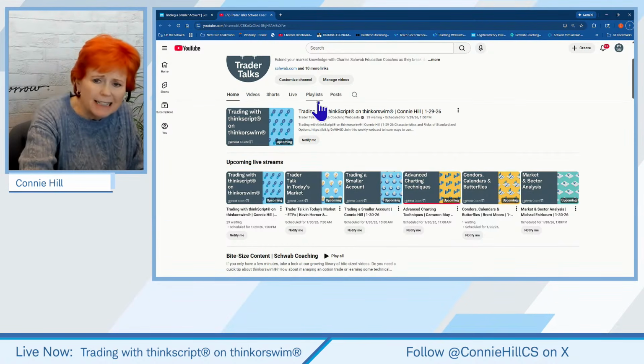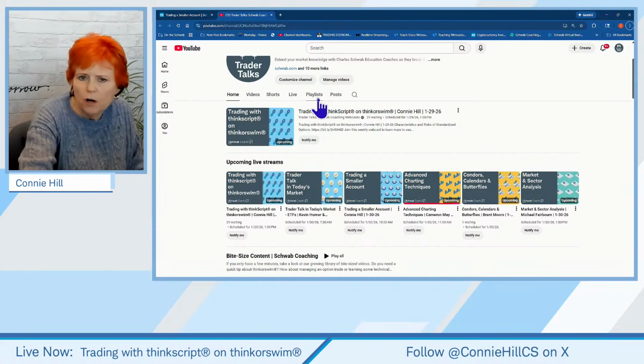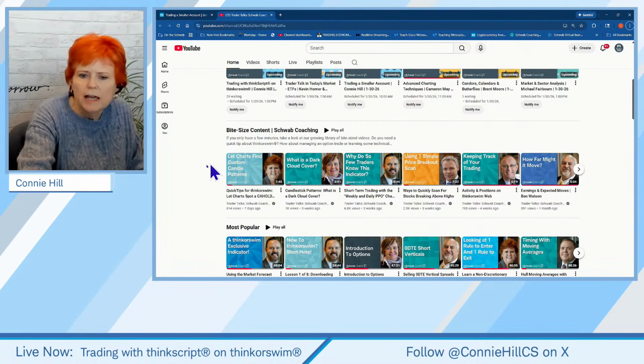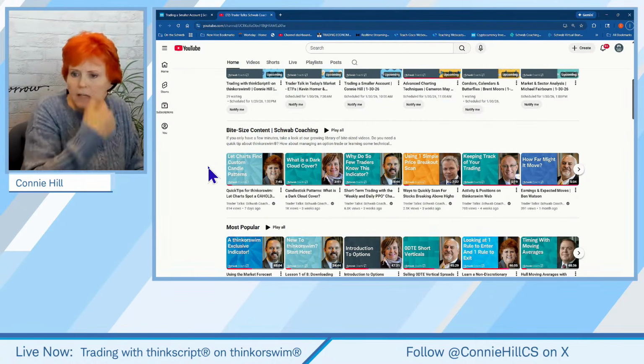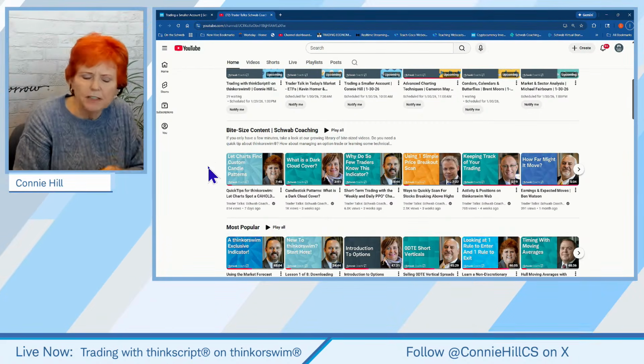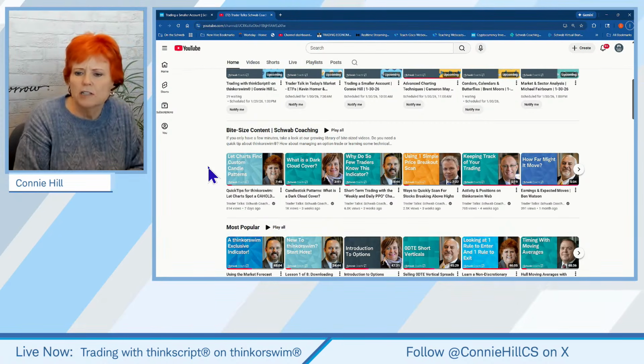And then, of course, it makes it easy for you to see our playlist. Now, the one thing I was going to show you here in our bite-sized content is the last one that I showed here: Let Charts Find the Custom Candle Patterns. And on this one, we just did a Cahold. I'll probably do a shorter one that's just the close below the low of the high day because some people have requested that specifically. They might not notice this particular class. So that'll be the next one we come up with.